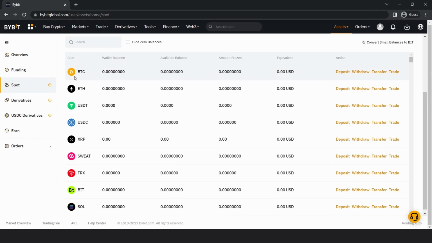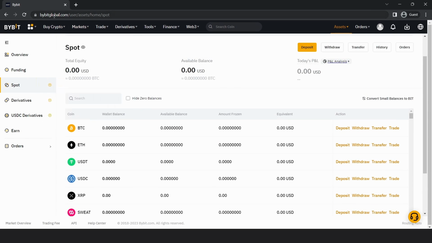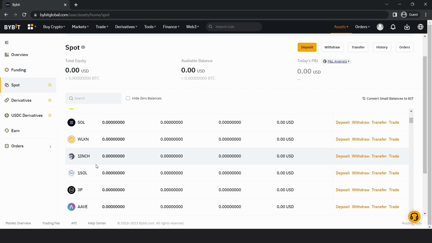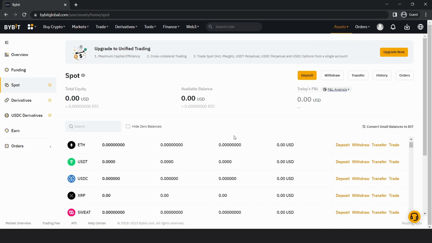In today's video, I'm going to show you how to download these icons for various assets directly from the Exchange website. Now, these icons are not available through an API and also not available to download on Bybit Exchange. I'm going to use Bybit Exchange to demonstrate this process, but the steps that I'm about to show you are applicable for any exchange. Like I said, these icons are not available through API and also not available to download